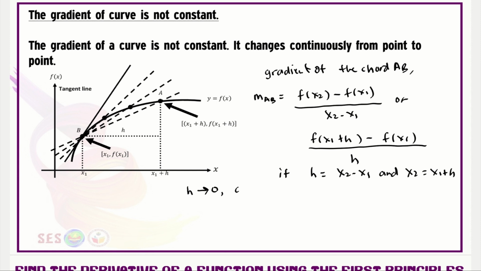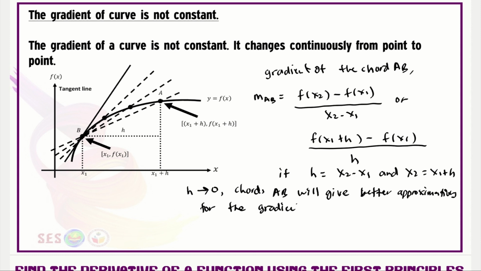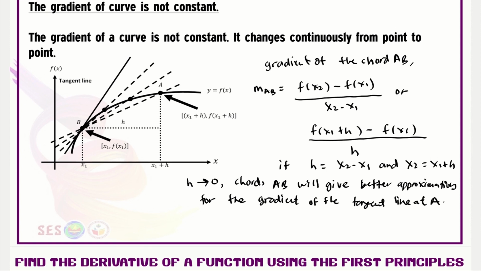Then the chord AB will give a better approximation for the gradient of the tangent line at a particular point A. And hence the gradient of the curve at A is given by